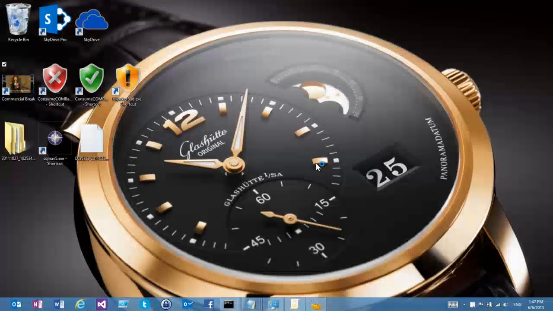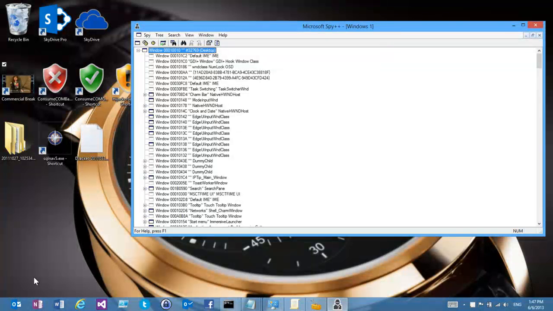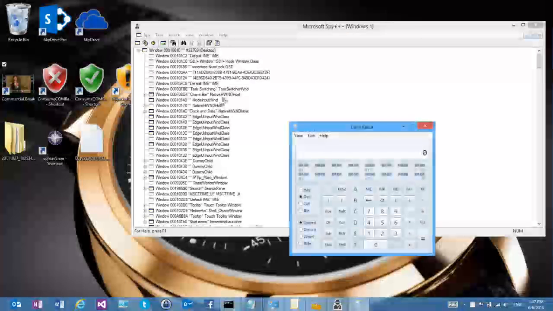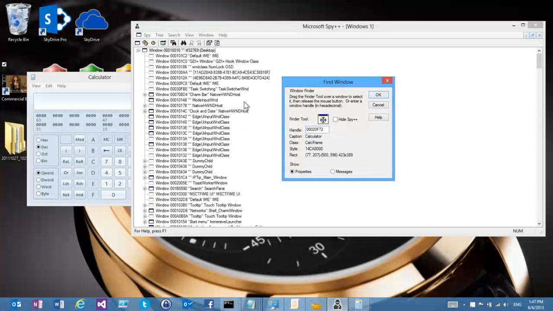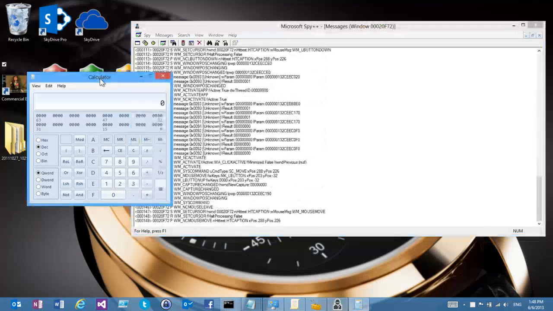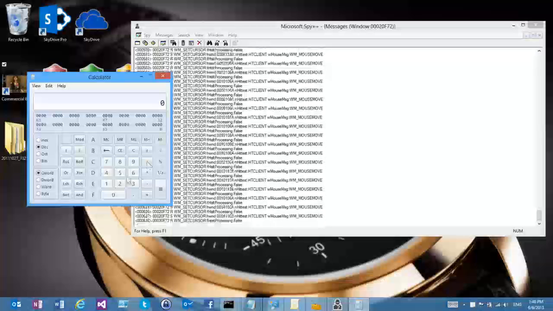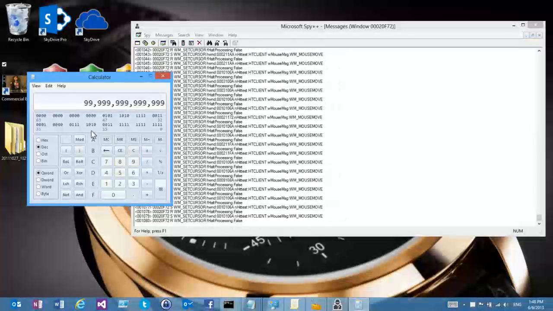So I'll just show how it operates. This is a tool called Spy++. Spy++ is distributed as part of Visual Studio. I don't know if we ship it with the SDK anymore, but it certainly is in Visual Studio. And I'll also launch the calculator. And what I'll do is I'll use this window finder to say, find me the window for the calculator and show me all of the messages. How Windows works at a base level, it's a message-driven architecture. Every time something happens, we send a message to that window, and boy, do we send a lot of messages. Every time something is clicked, every time keyboards are struck, every time a mouse moves anywhere.